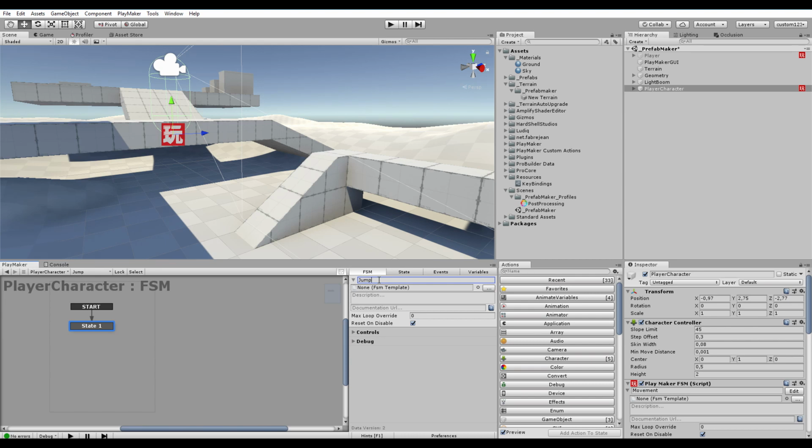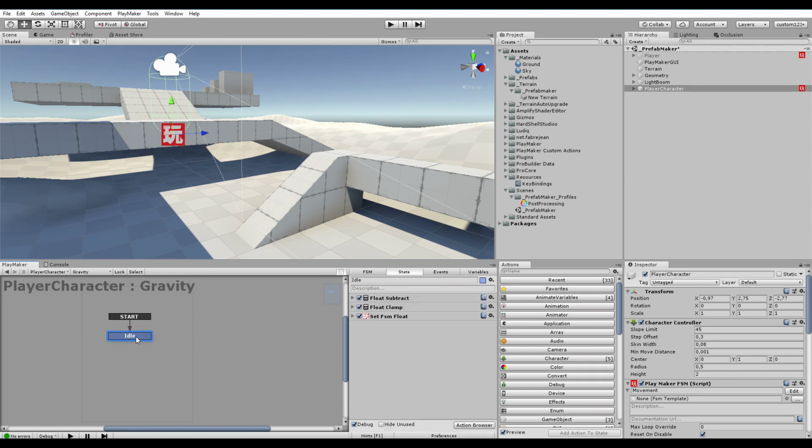Let's just call it jump or something. Since we made gravity its own FSM, it's a lot easier to centralize where gravity is, and we're gonna affect the float variable within gravity. So go back to jump,